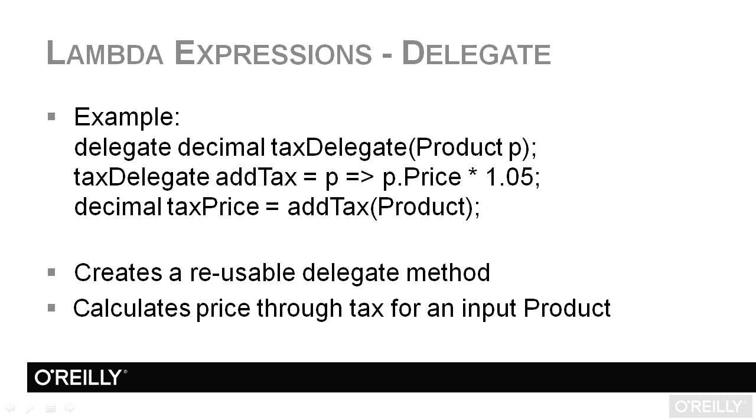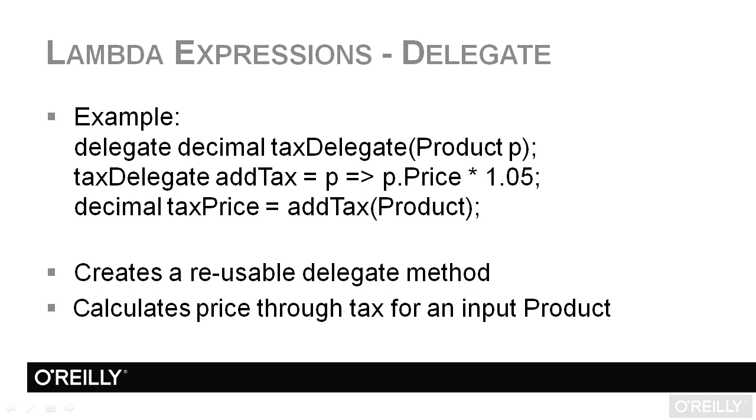So in the example, I'm creating a delegate called TaxDelegate, and it has a parameter Product p. My TaxDelegate named addTax is going to be equal to the lambda expression where I take the product p and take its price and multiply it times 1.05. Essentially what I'm doing is adding a 5% sales tax to the product price. And the TaxDelegate is that lambda expression itself. So then I can call the addTax delegate, pass it in a product, and I will get the tax